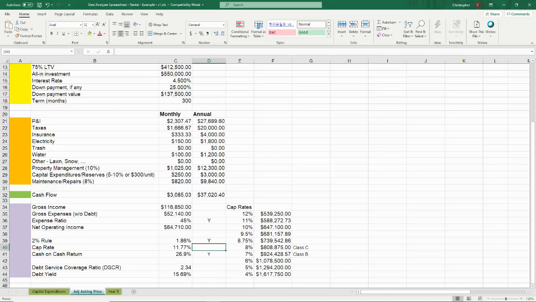This passes the indicator because the cap rate for the area or the type of class of real estate investment or real estate asset is 8%, and this exceeds that at 11%. And I'm the buyer, I'm not the seller. If I'm the seller, I certainly wouldn't want to sell at this cap rate, but I'm the buyer, and I feel good about this opportunity. And besides just this one indicator, my other indicators are looking pretty good here too, because it's a team of indicators, not just one all by itself.